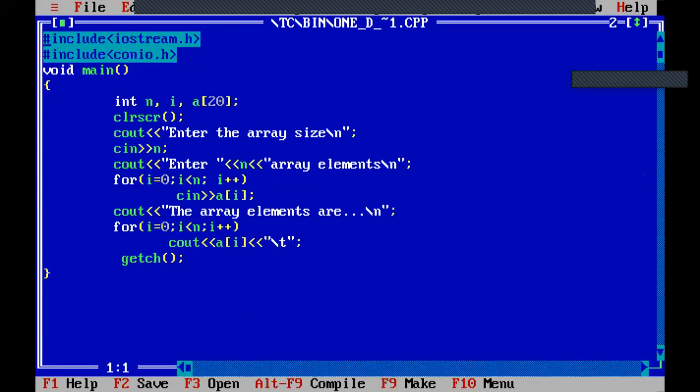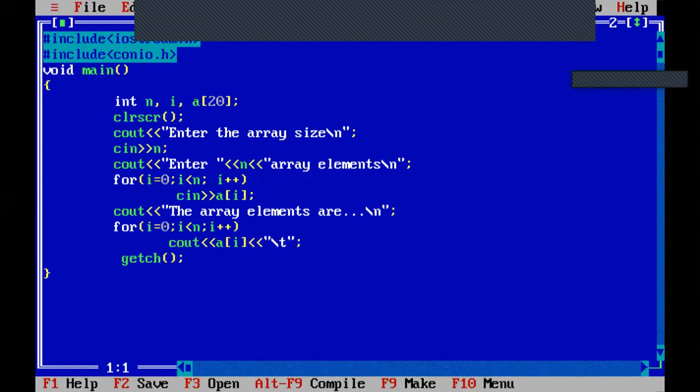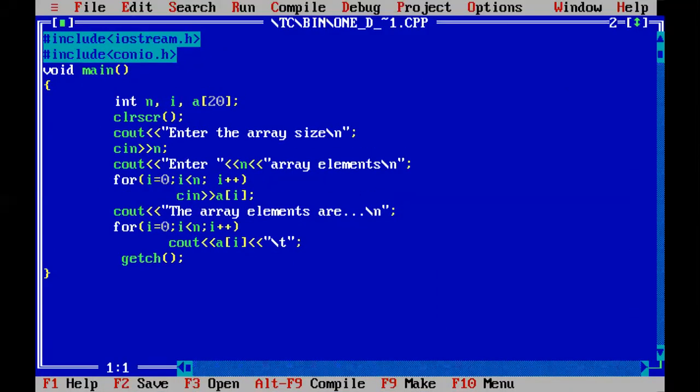Okay. Is the program visible for all of you? Okay, now I will execute this program. Okay, you just look at this program.